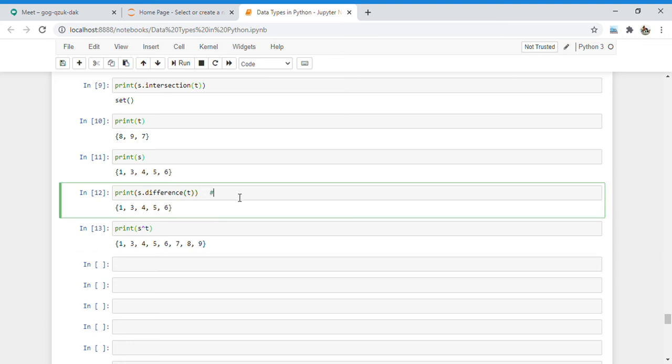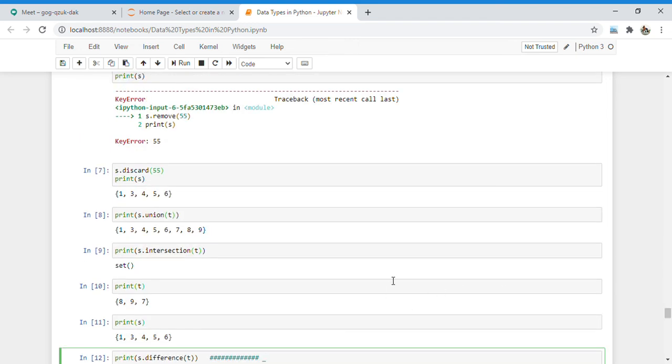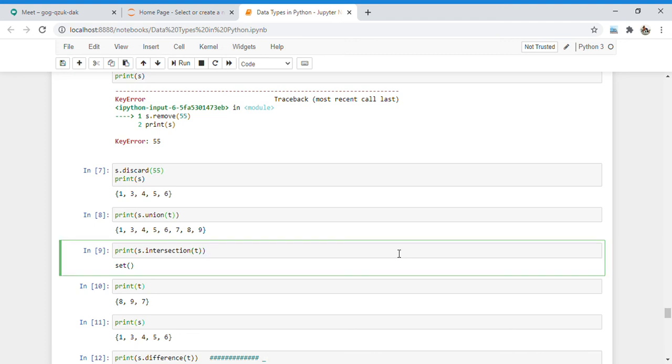The symbol of difference is the minus sign. You can write it in place of difference, and it will also work. The symbol of intersection is the and sign. In place of intersection you can write this symbol also.